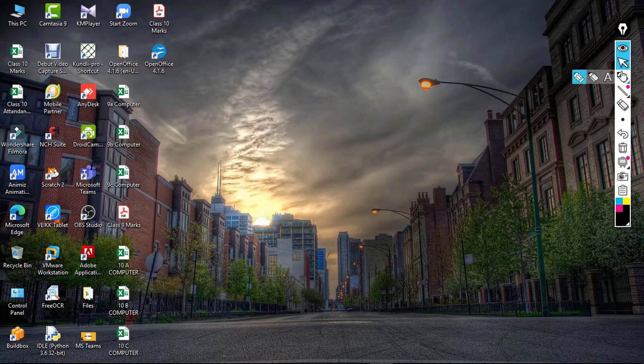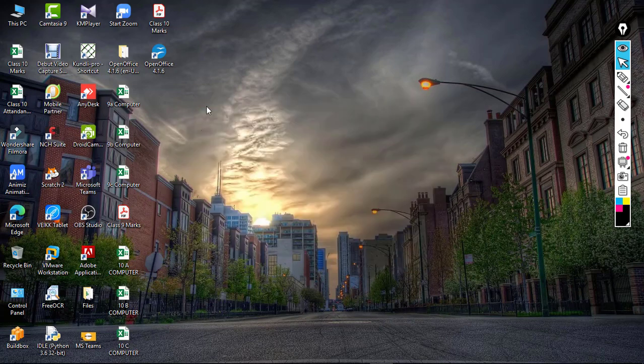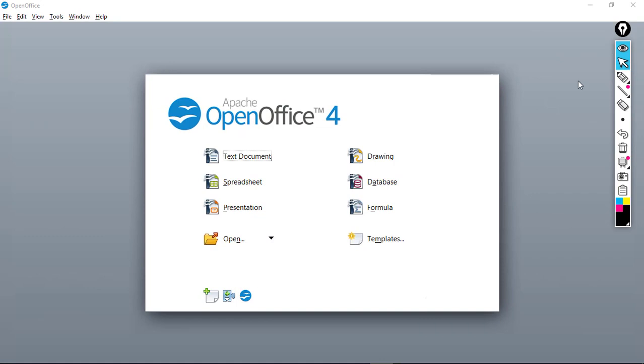So now I'll show you how you can open the application and how you will start working. It is our application over this side. First we have to open this, so I'm double clicking on this application right now. It will take a few seconds for the installer to load this. That's it. Now what we have to do over here, we have to click on this text document option, or